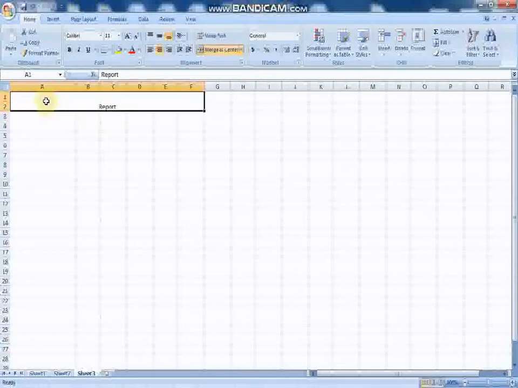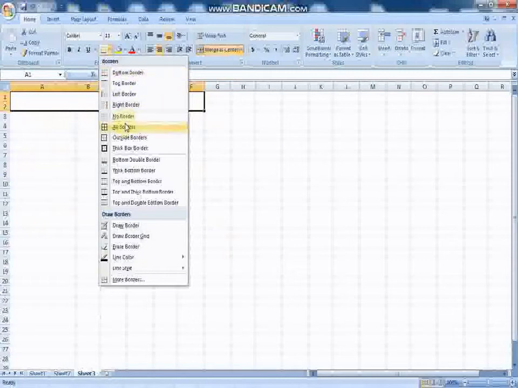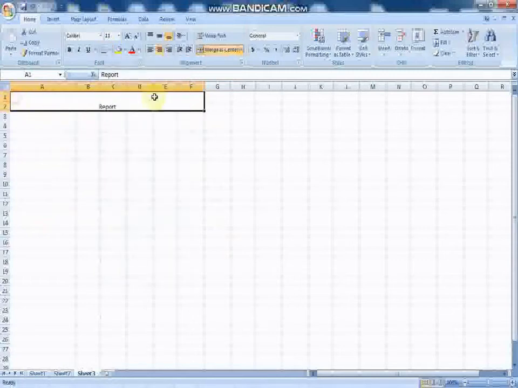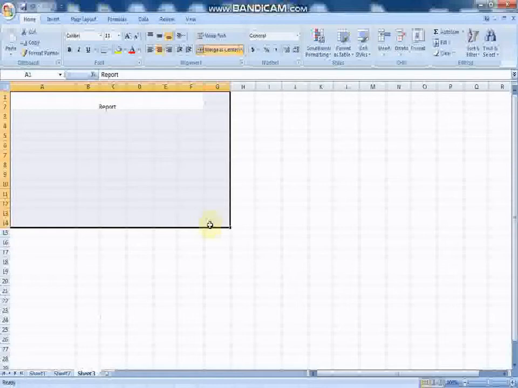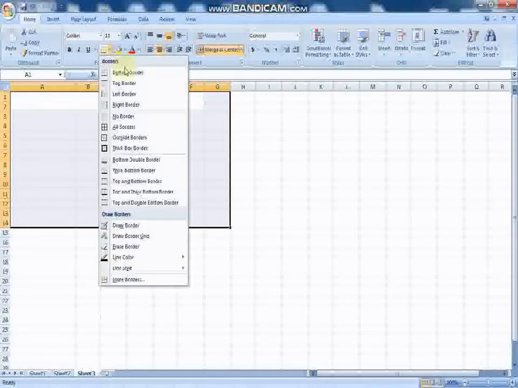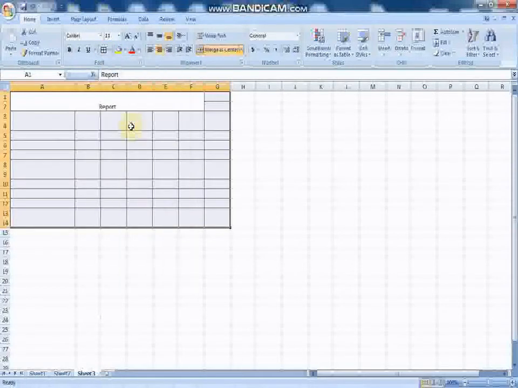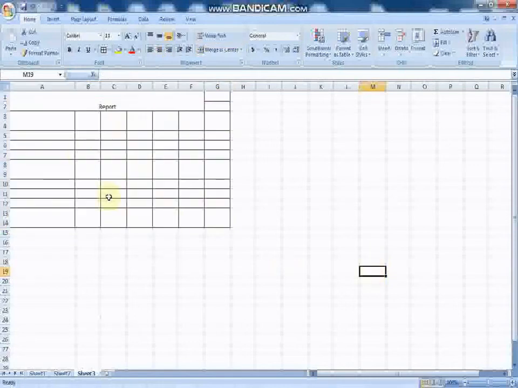You can put the border also. After completing, if you want to highlight it, then you can highlight it by giving the border. See, the border is here. First of all, just select it, then go on Border and choose All Borders. See, now I am clicking here and you are seeing this table, up to where you have written the table or the content, it will be highlighted by putting the borders. So like this you can highlight it.